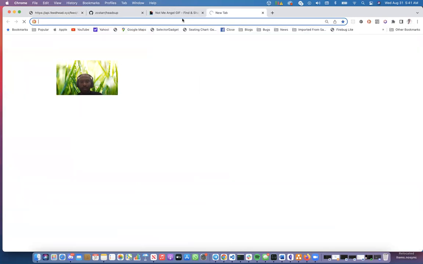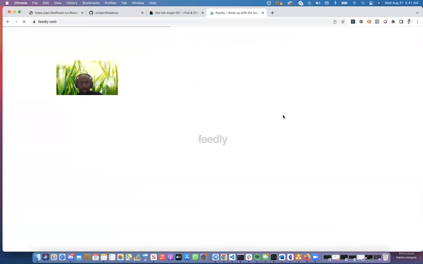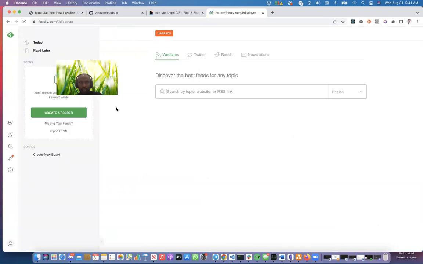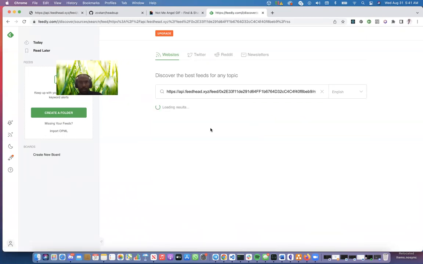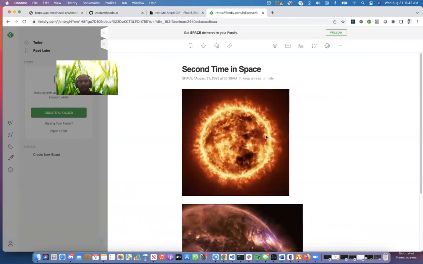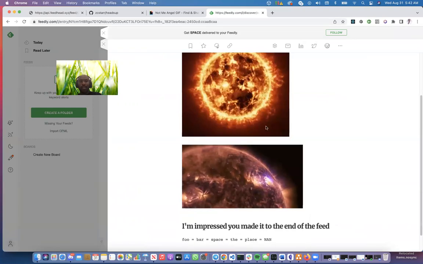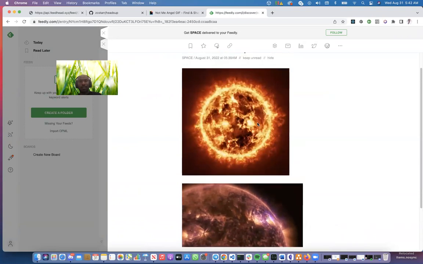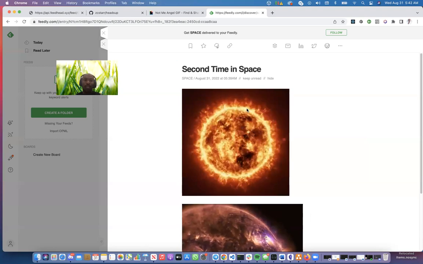Let's go ahead and pop into a popular feed reader, like say Feedly, and we'll pop this in. We get our results. Oh, space is a while, and here we go. We have our feeds. And so just like that, we're able to consume the same NFT data in a very Web 2.0 way. So thank you for your time, and I can't wait to share more about